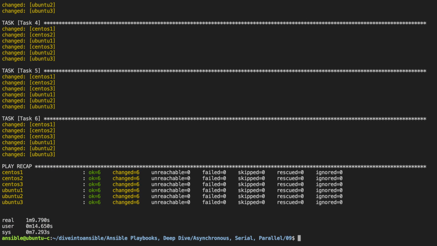I sped this up for the purposes of the video, but you can see there that it's taken approximately 70 seconds to run. This is because, by default, Ansible uses the linear strategy. It will also use another default of 5 forks. We're running against 6 hosts, so essentially with the linear strategy, we'll be running the sleep command for 5 hosts